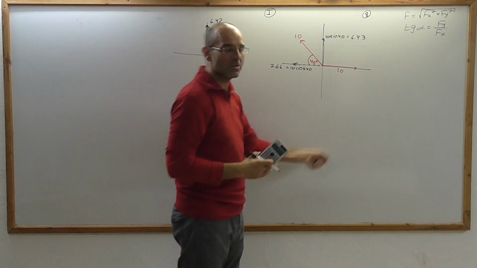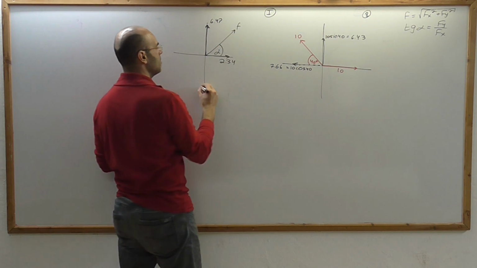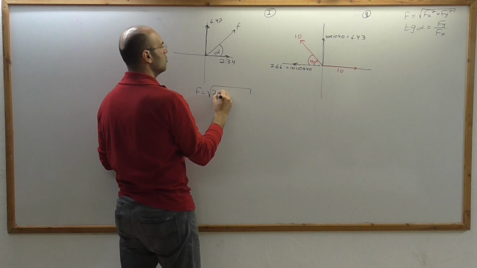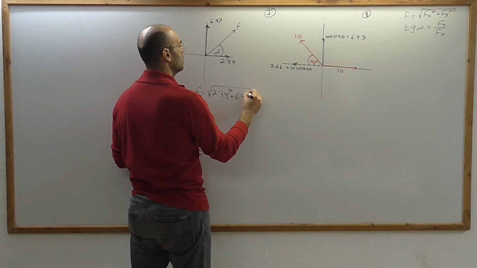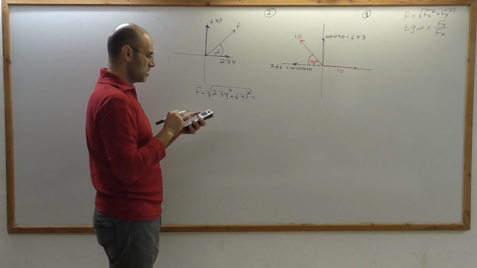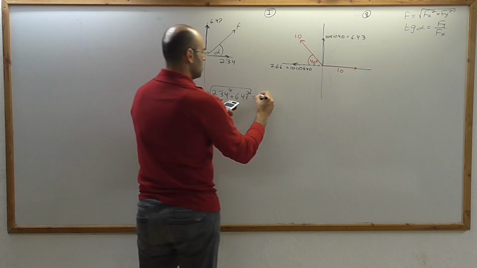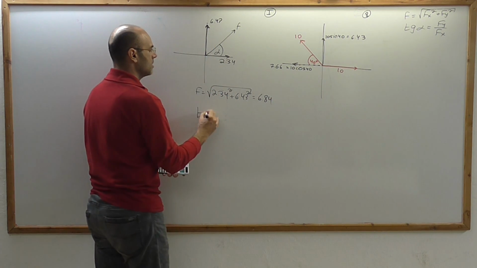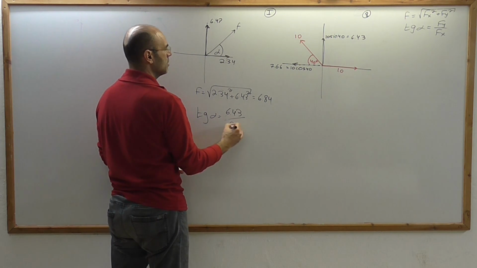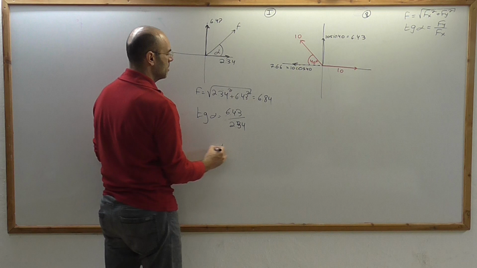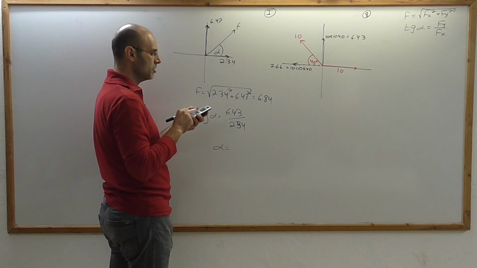Because nothing pulls it downwards. So the resultant will be, let's say, F alpha. F equals the square root of 2.34 squared plus 6.43 squared, which is 6.84. Tangent alpha is y over x, 6.43 over 2.34, shift tangent,